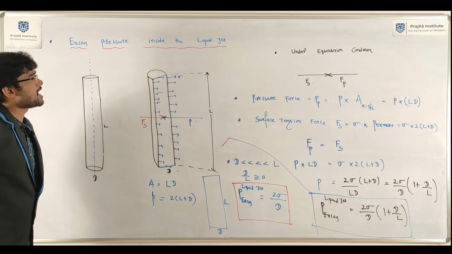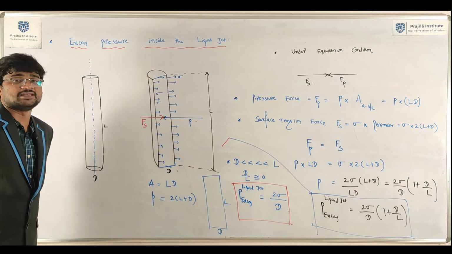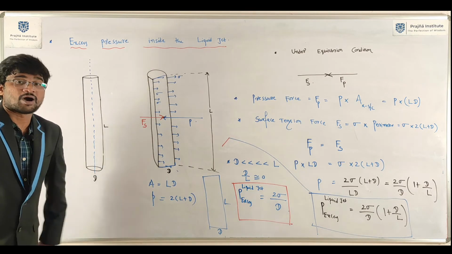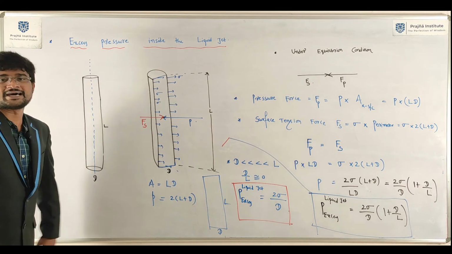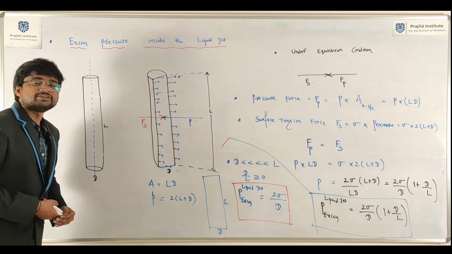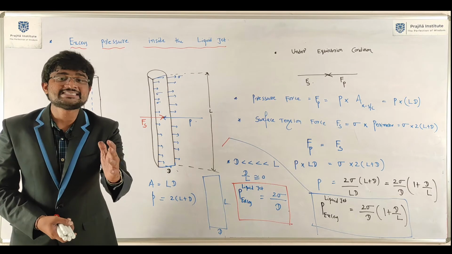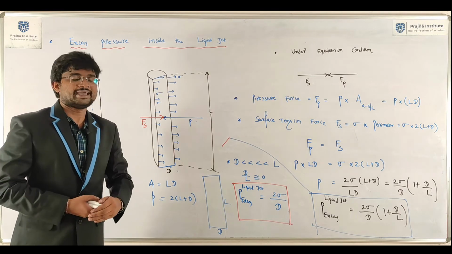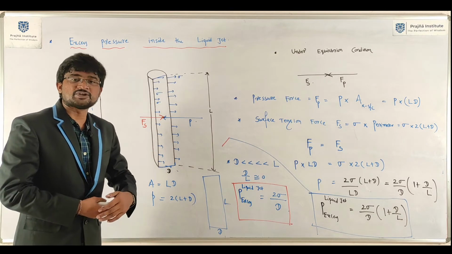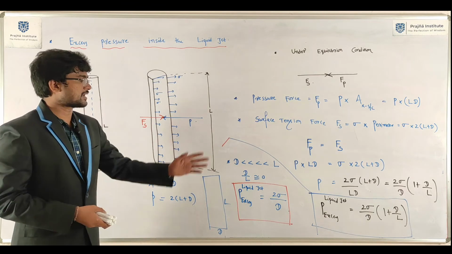Fine. This is all about surface tension and excess pressure inside the liquid droplet and soap bubble, air bubble rising inside the water. Finally, excess pressure inside the liquid jet. This is all about surface tension. Now, we need to discuss capillarity. In that, capillary rise and capillary fall. Okay, it is a wonderful topic. We can derive the expression for capillary rise and capillary fall. Okay, so write down up to here.